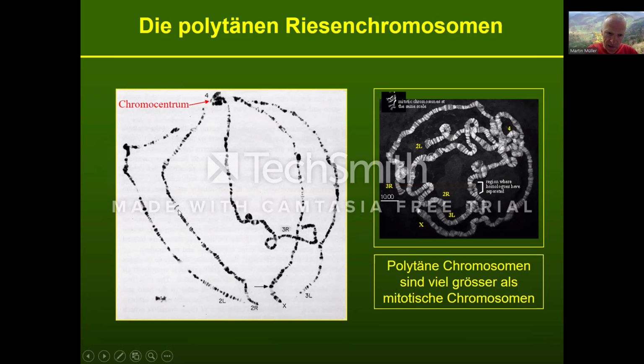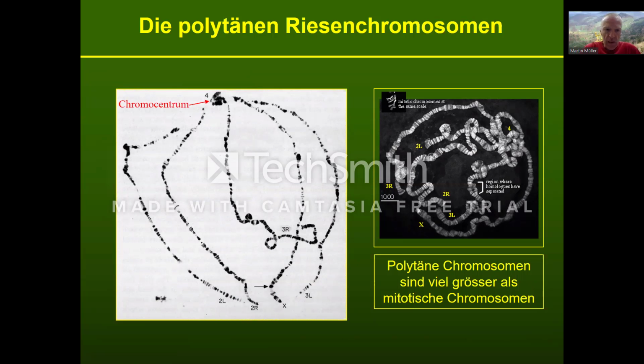So there are bands and interbands. Interbands are the whitish looking, and the bands are the dark parts, and every chromosome has exactly the same pattern